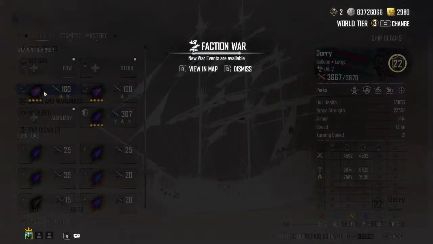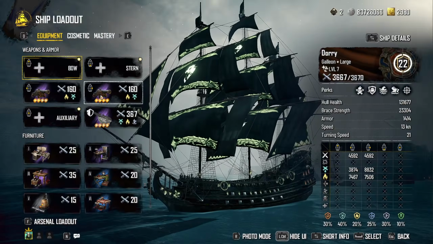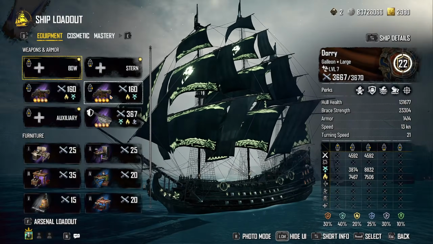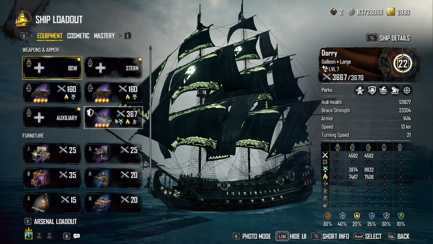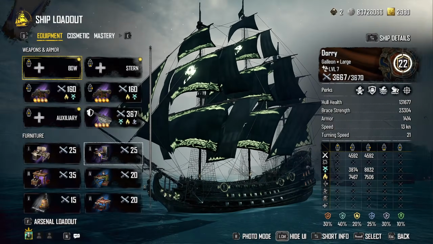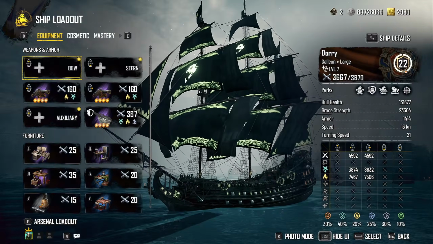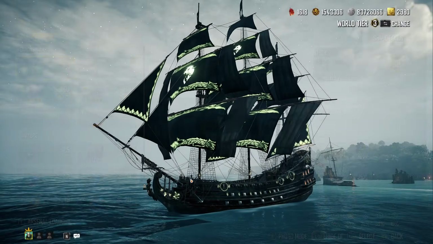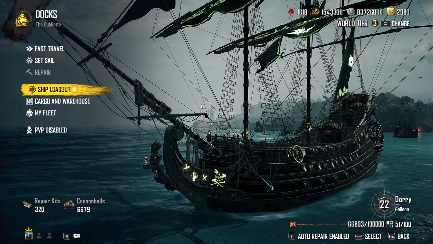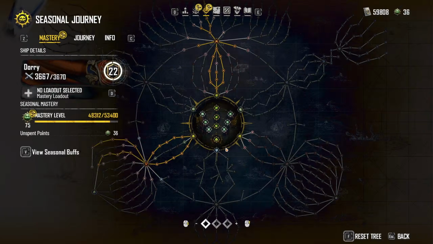Now, if you have a high level build from last season, it's fairly simple to limit yourself. What I've done here is I've left on just my starboard and port weapons, and I've thrown on my armor as well. Use whatever build you're using. Like I said, just strip those three, and it'll be a pretty good effect of keeping you at either level 22 or lower,